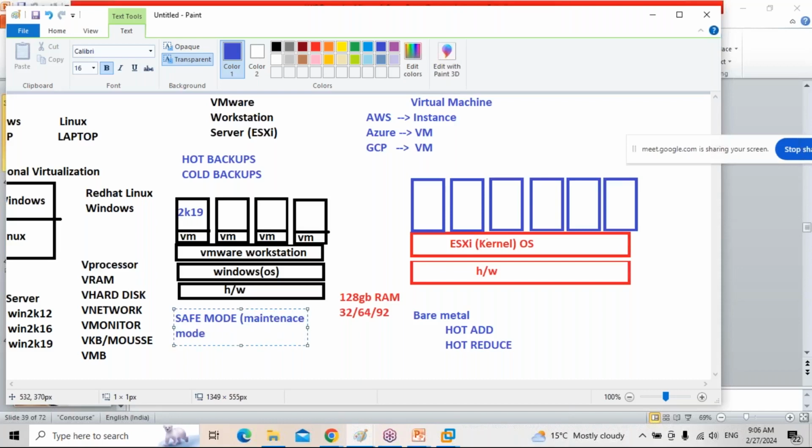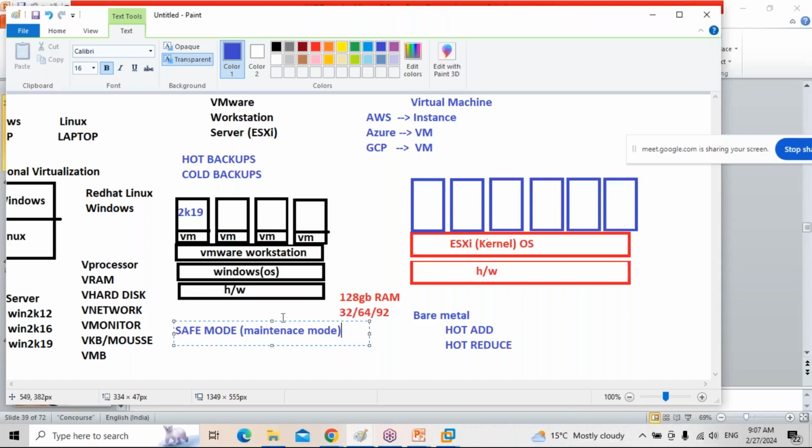In real time, Windows administrators and Linux administrators, every 3 months or 6 months, we are going to install the patches. There are three types of patches: firmware patch, application patch, operating system patch. Application patches we never shut down for. Application patches are always installed when the server is up and running. That is called hot. When applications are up and running, users are logged in. Whereas operating system patches and firmware patches, we can't install when the server is up and running, when logins are active.